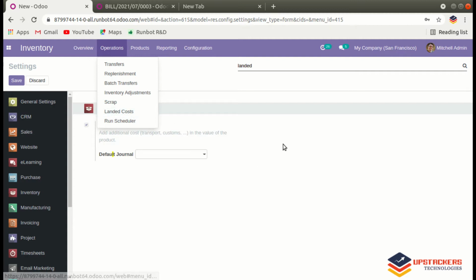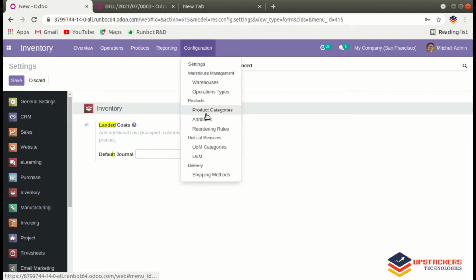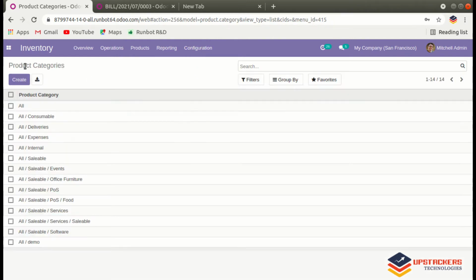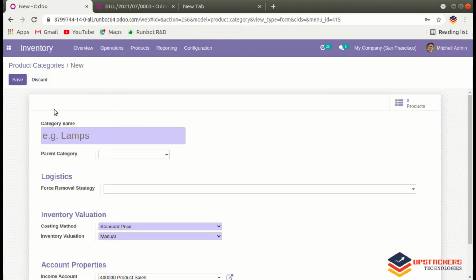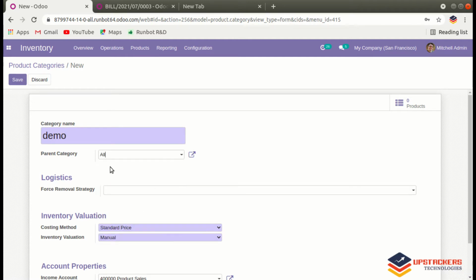For the landed cost, first we have to go to the product categories, and from here you can create product categories. So here I create one product category, name is demo, and parent category set as All.